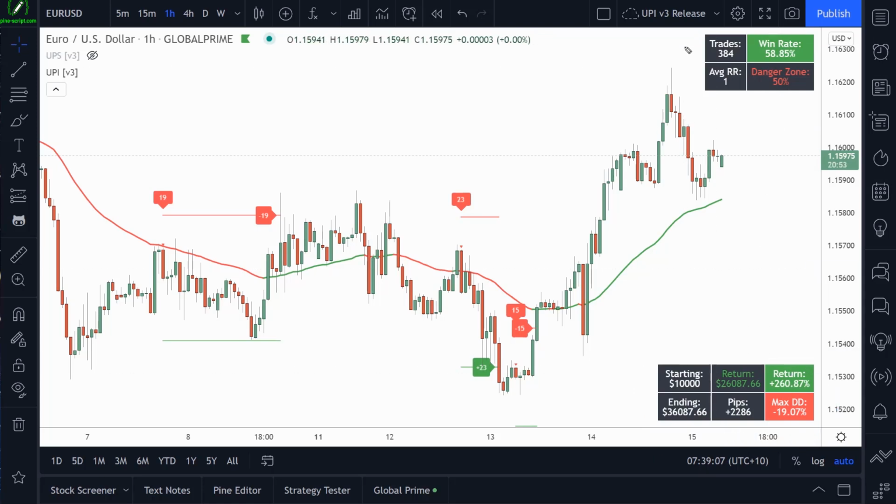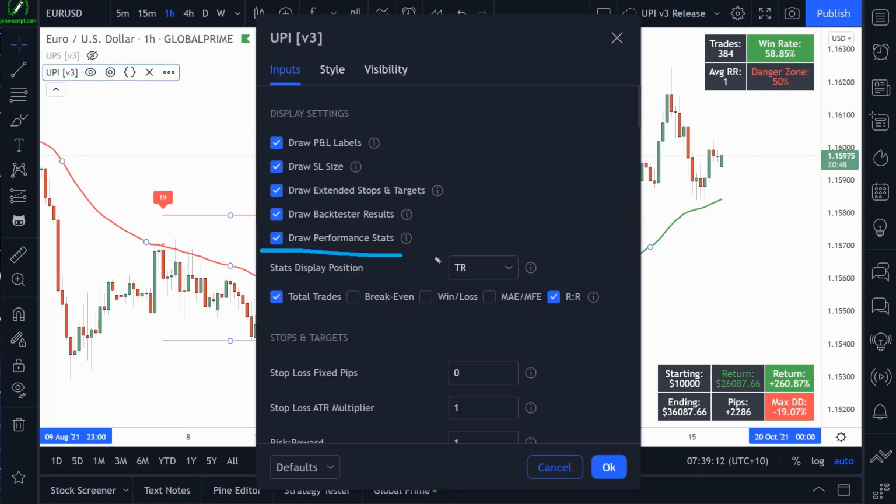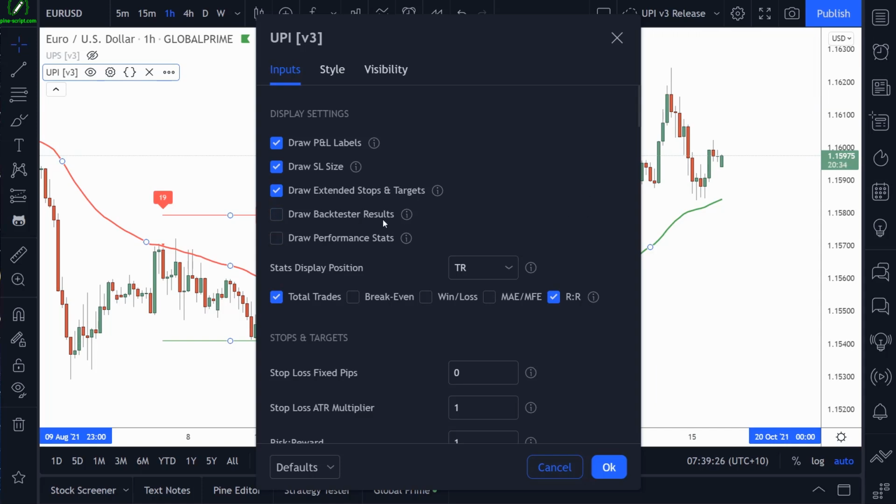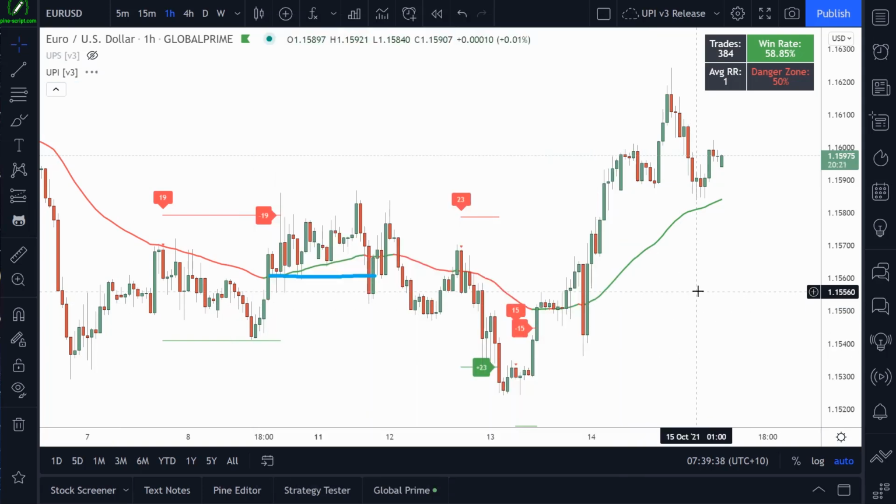We also have in the top right here our performance stats, and that is this setting here. So if you don't want either of these on your chart, you can turn them both off. You can also change the location of the stats display. Using this drop down here, TR stands for top right, bottom right, and bottom left. So if you wanted to, you could move it to the bottom left, for example, and the display will move